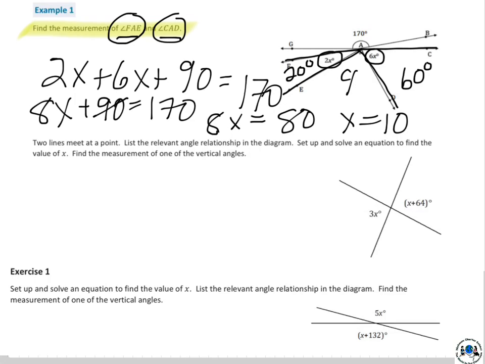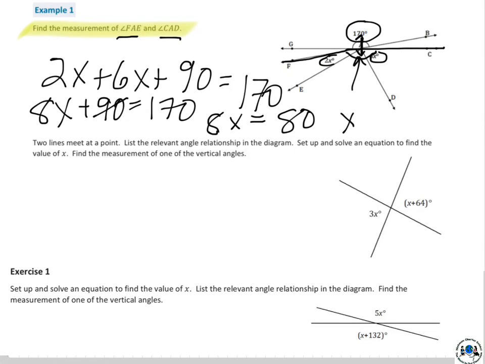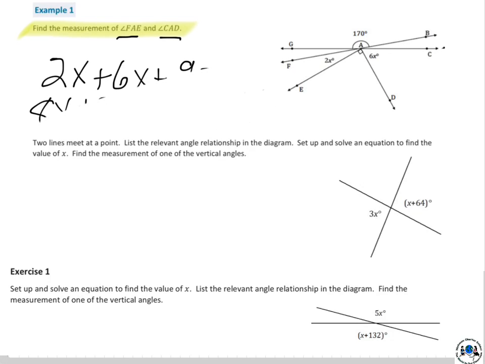What I was thinking, though, is to look at just a different way. Maybe I should just erase this instead of going backwards. Again, I'm not going to do it. I just wanted to show you, and I'm not sure which way you did it. But we also know that everything together is going to equal 360. So we could have done something like actually solved for these two vertical